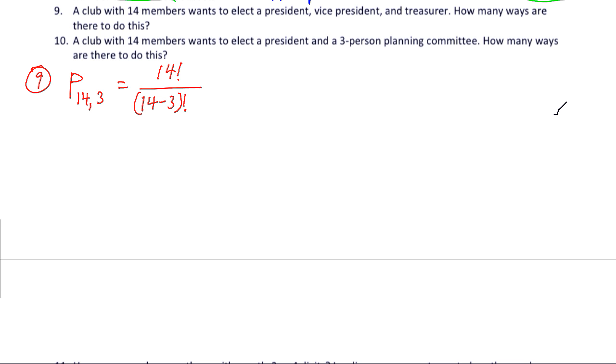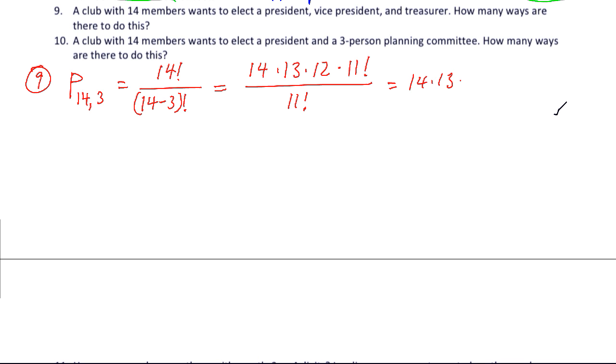And so order does matter, and so we don't have the extra term in the denominator. So this is 14 times 13 times 12 times 11 factorial, all divided by 11 factorial. So it becomes 14 times 13 times 12, which is exactly what we would calculate using the counting principle, building our three-person